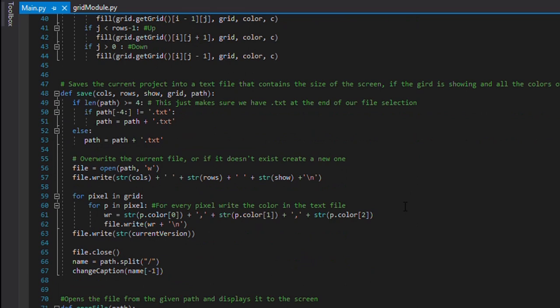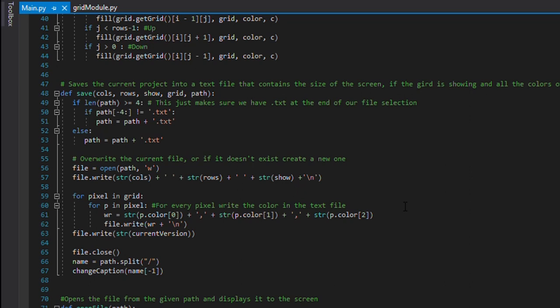Now another function that I have made is the save function. What the save function will do is save the current project into a text file that will contain some important information about the painting that the user has made.